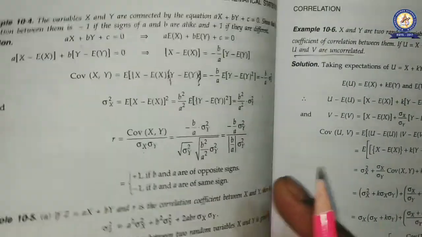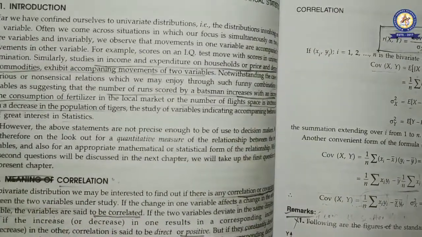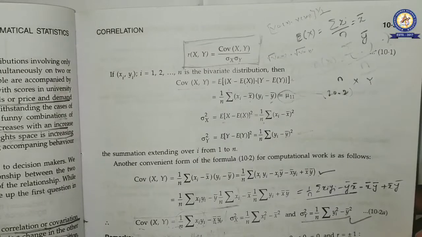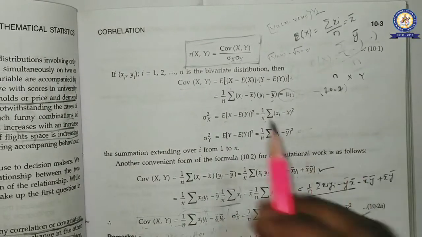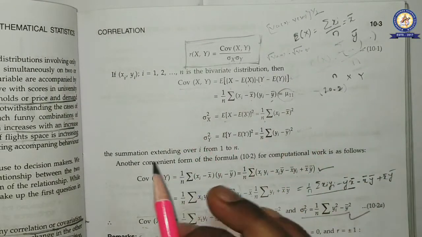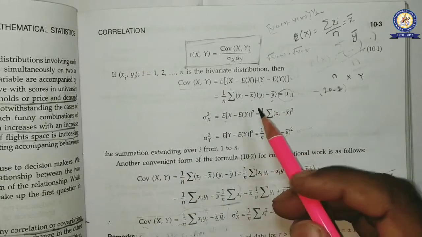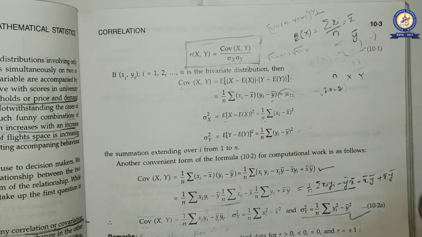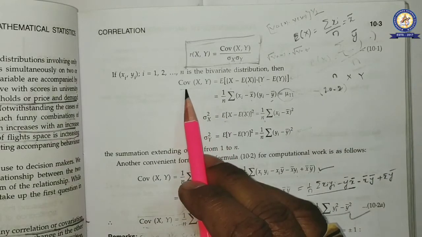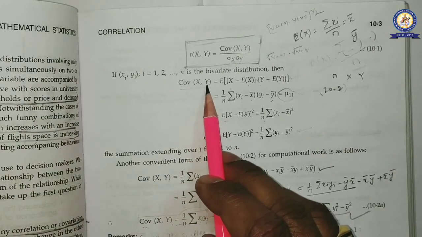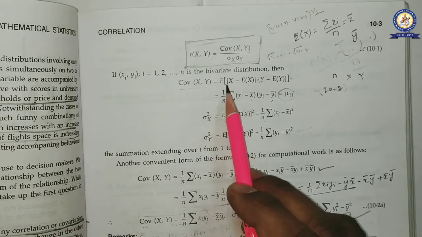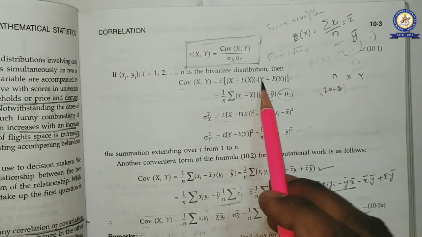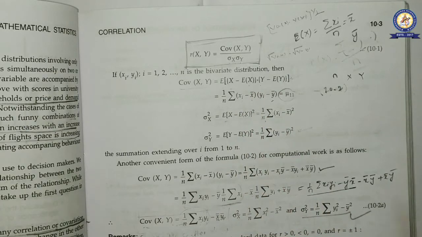You can check your note that in our first class, when we discussed the introduction to correlation, we covered this, and also in our previous class, when we discussed the properties of correlation in our offline classes. So covariance of two random variables is nothing but expectation of x minus expectation of x into y minus expectation of y, right? So here